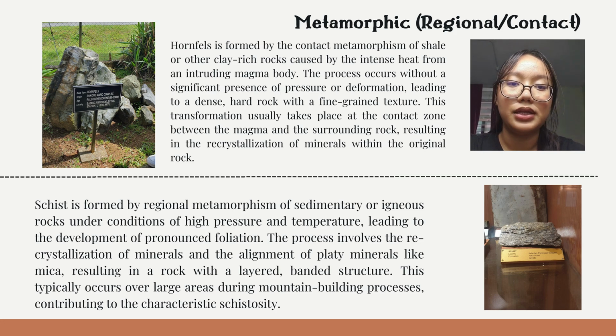Schist has a medium to coarse-grained texture with visible crystals, a distinctive banded appearance, and a shiny luster due to